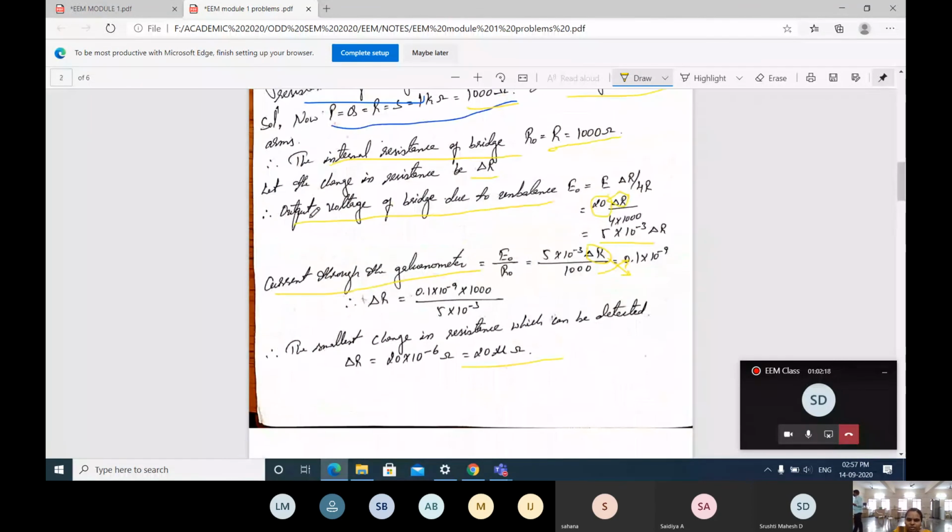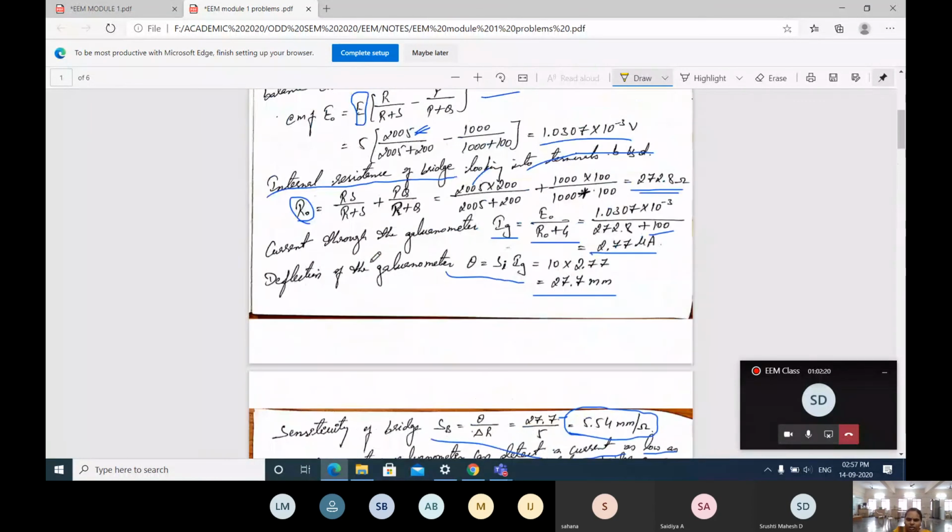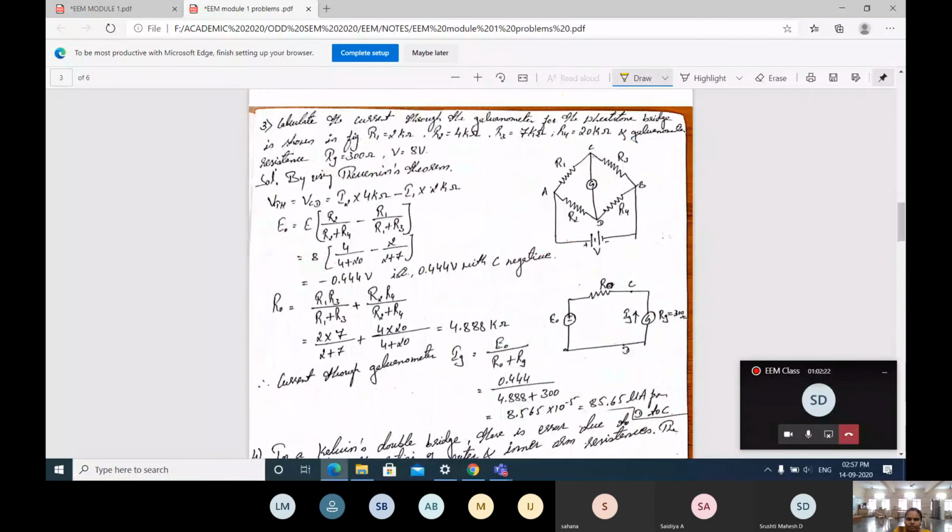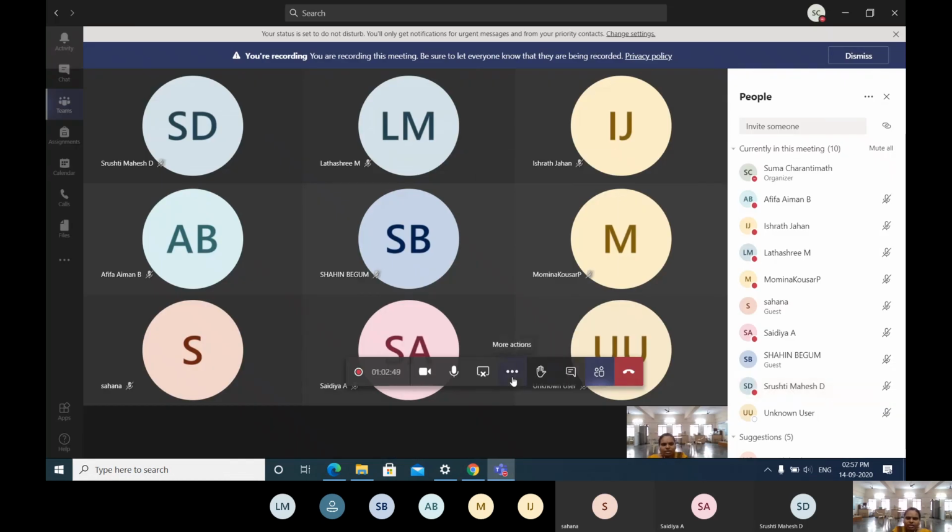This is one type of problem and this is one more type of problem. Next, this is an assignment. Question number 3 is the assignment. Just go through this and write it in your notes. Again, I will discuss this after you do it. If you understood, it's okay. If you did not understand, I will explain this problem one more time. Okay, we'll stop today's class. Next, we will continue.